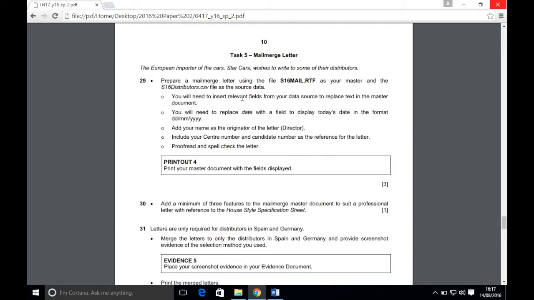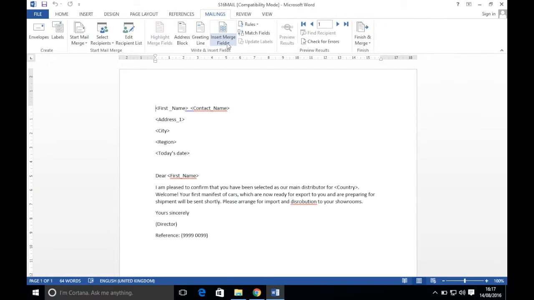So you will need to insert relevant fields from your data source to replace text in the master document. Alright, so it's very simple. If you see insert merge fields here, you see all the fields that you can insert. Okay, distributor code, contact name and all that. So what you need to do is just replace the first name here with the correct one, which is first name. Right, and then after that, contact name,